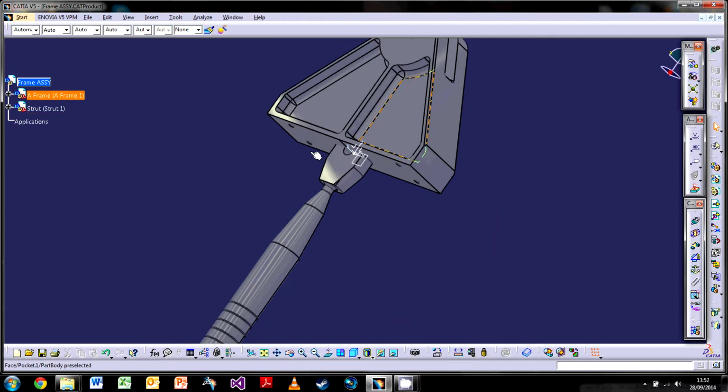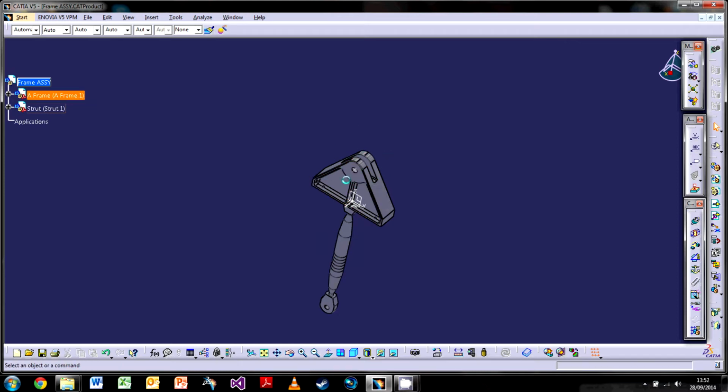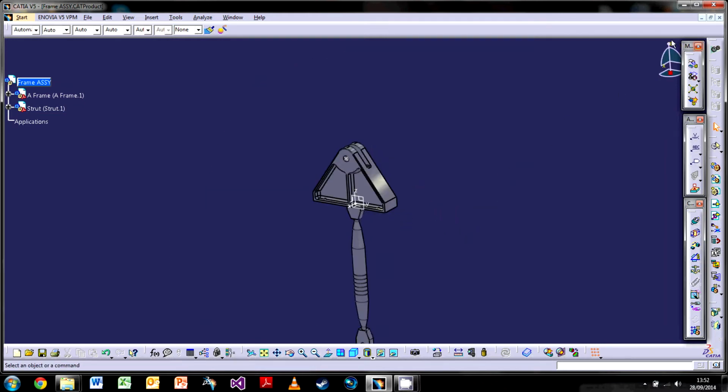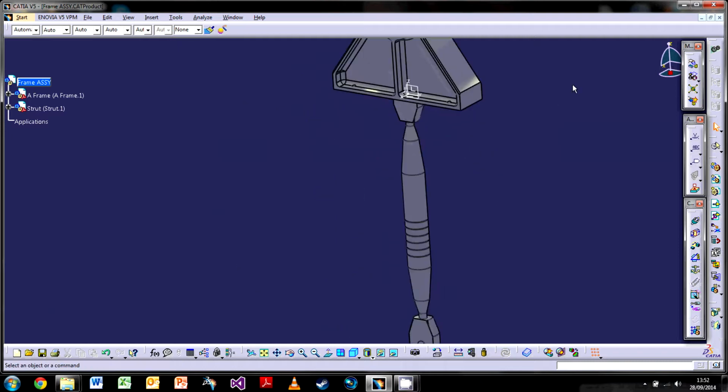So as you can kind of see, we don't want it to be there. What I'm going to do is basically constrain it so it will pop into this slot here. As I said in the introduction, this is where the compass comes in on its own, really. If you want to move a part, obviously you can't just drag it. Unfortunately, it doesn't let you drag it. The best thing to do is to use